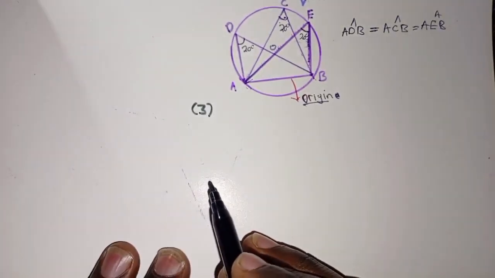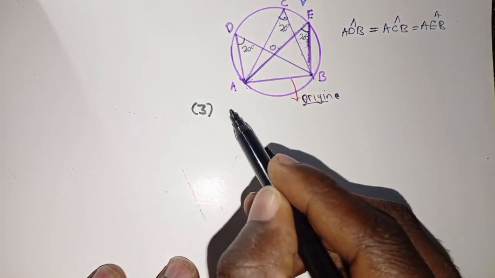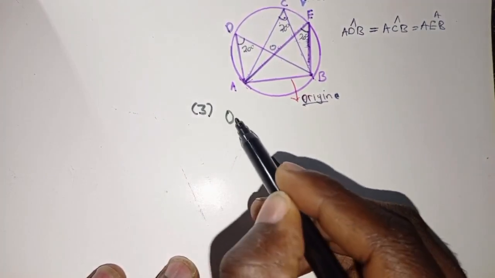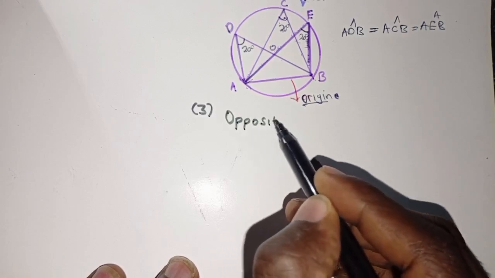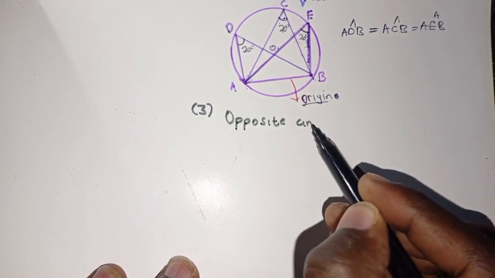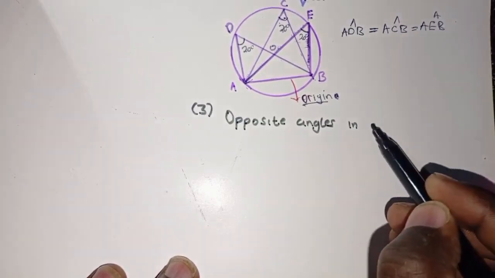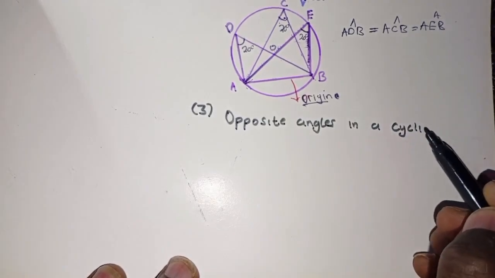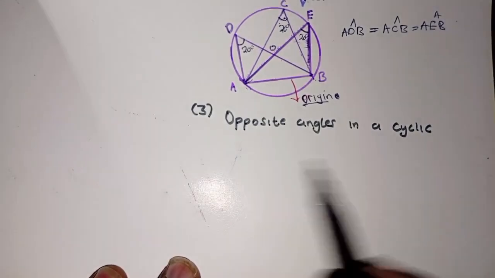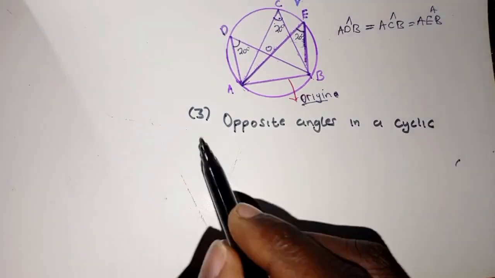Property number 3 now states that opposite angles in a cyclic quadrilateral